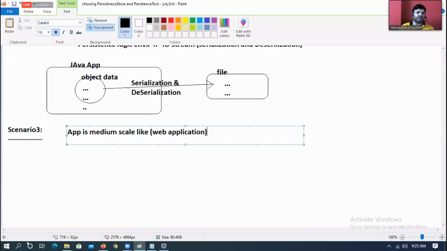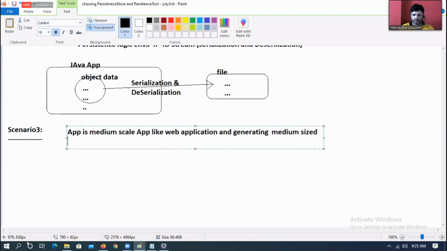Application is medium scale and generating medium sized data, megabytes and gigabytes of data to persist as text data. Are you understanding my point?